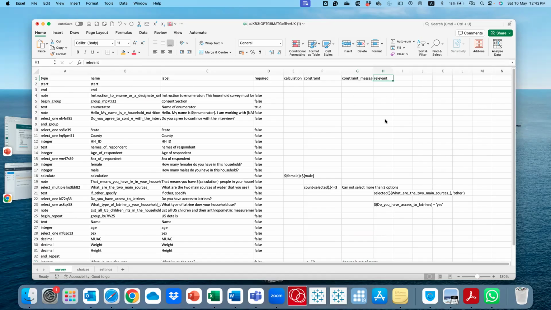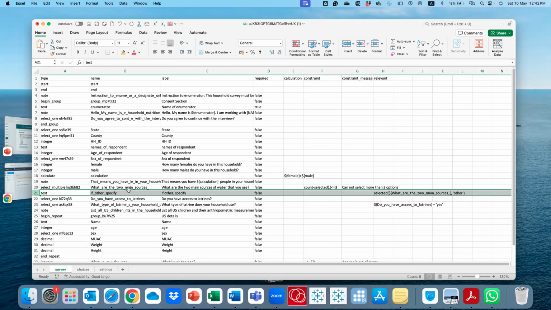And then relevance. Relevant is the skip logic that you see here. After this question of what are the two main sources of water, there was a response that said other. And then we said if other, specify.